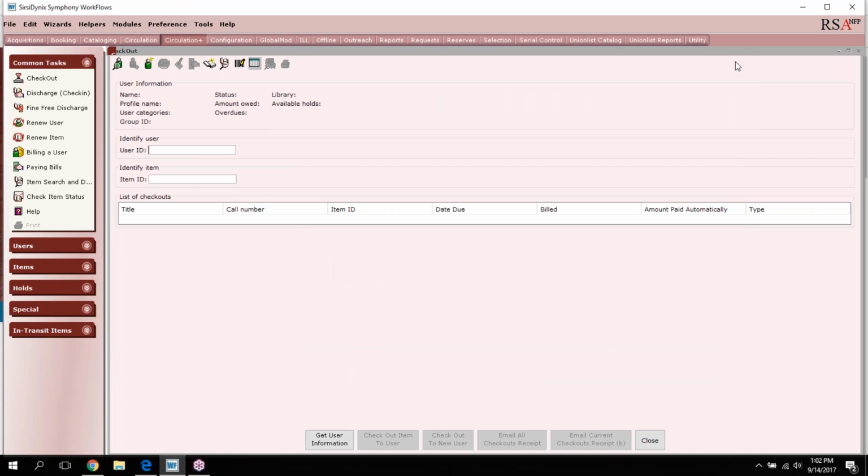And anytime you go in and change something like this, and you change properties, you do have to remember that that is just for that computer that you are on. It's not changing it on the rest of the computers in your library that have workflows on them. So the best thing to do, once you make changes like that and you want them to apply to some of your other workstations,